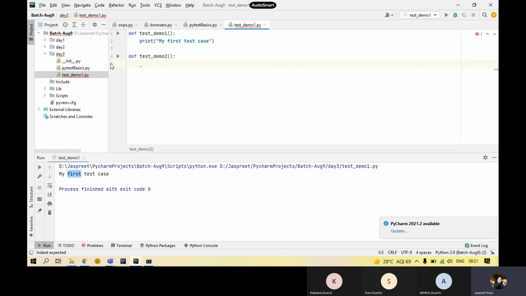If I have 10 functions in the same file, I can run one specific function at a time. It's up to me whether I want to run all or just one. That also is possible, right? So right now I'm going to make these two functions and I will run them one by one, and then together. So over here, I'll say this is my second test case and done.